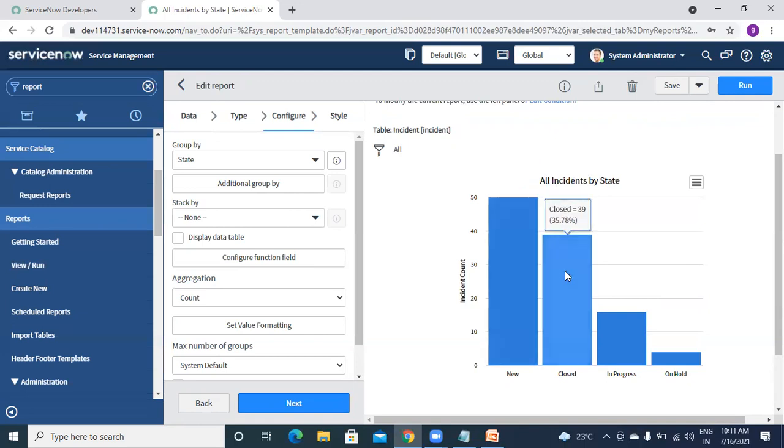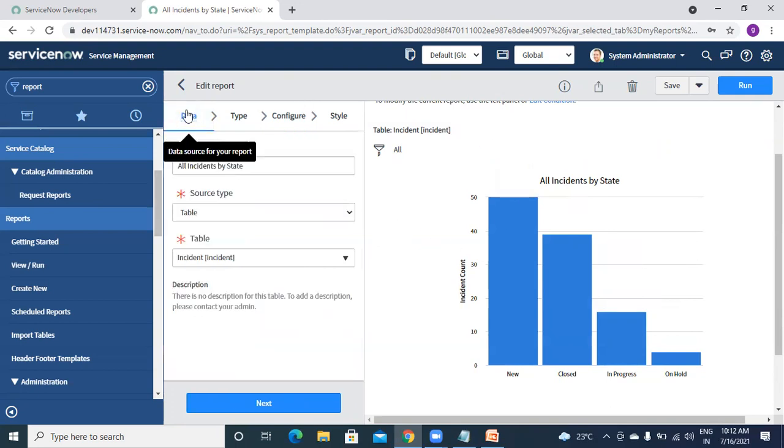Okay, and this one, we have 39 closed incidents, and its percentage in total, like total of all these four, is 35%. Then we have 16 in progress, and it is 14.68%. Then we have 4 incidents which are on hold, and that is 3.67 percent of all this. Consider this as a 100% whole, and it will automatically divide based on that, and we don't need to do anything. Okay, so how is it developed?